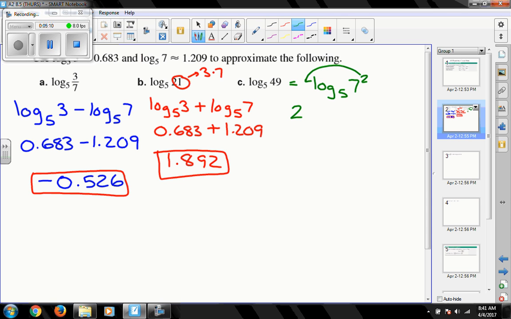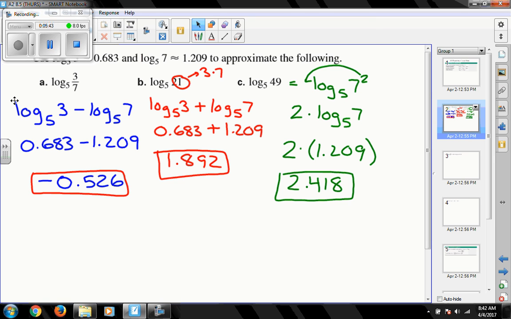So we can take 2 times log base 5 of 7, and from either the problem or our calculator, we're going to take 2 times 1.209. Multiply those out, we get 2.418,